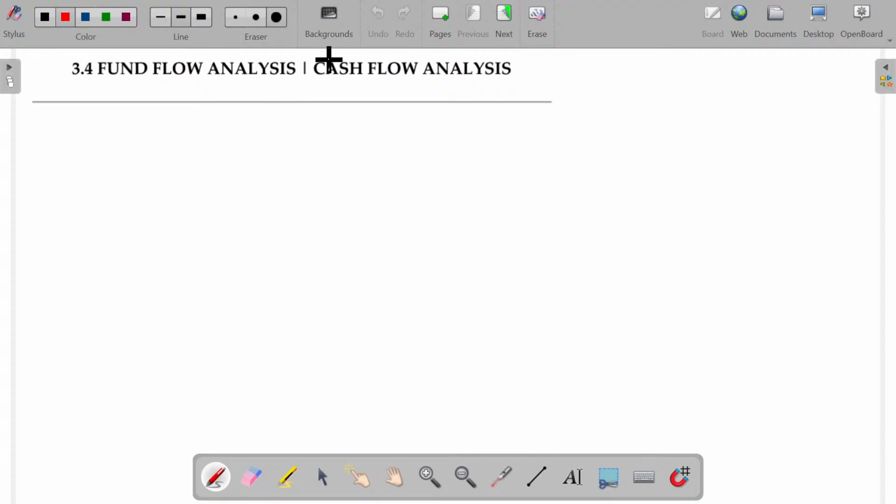We'll start with cash flow analysis, especially AS number 3 as well as Ind AS number 7. There is no more differences between these two models. Now,